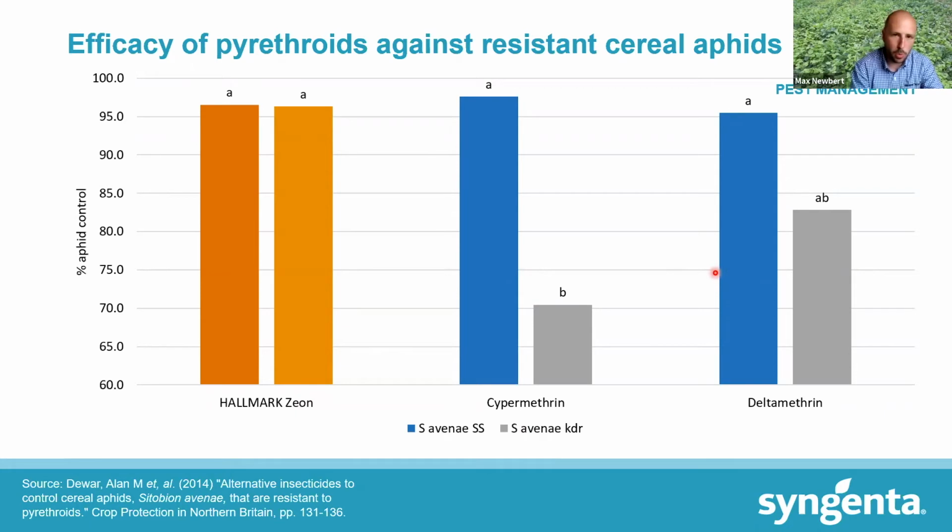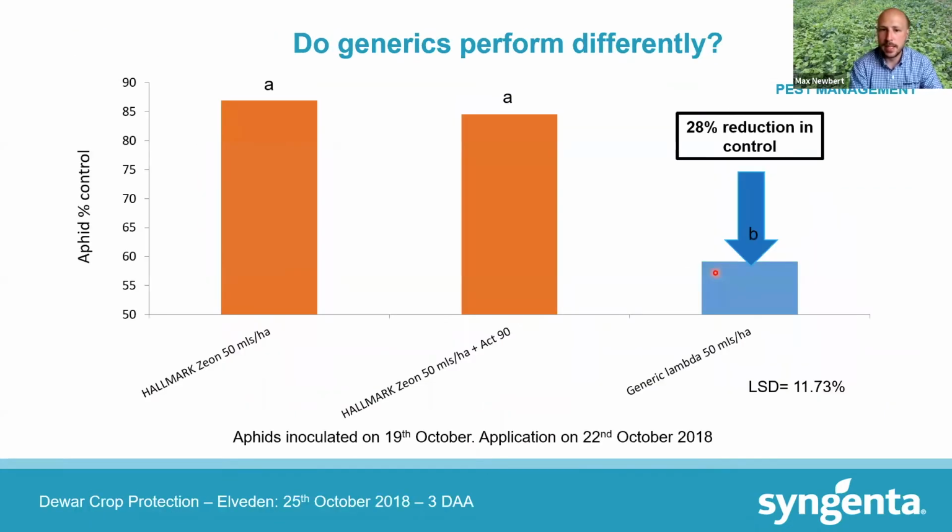So we know it's a more potent pyrethroid and does give better control. Now, obviously, people will say all lambdas are the same, but year on year, we've done work with Alan Jur as well, looking at generics versus Hallmark. And we know that the formulation of Hallmark is encapsulation, its suspension, and then its ability to degrade slower, because